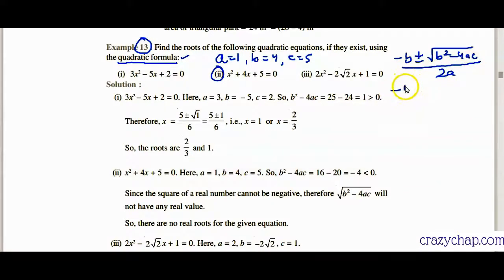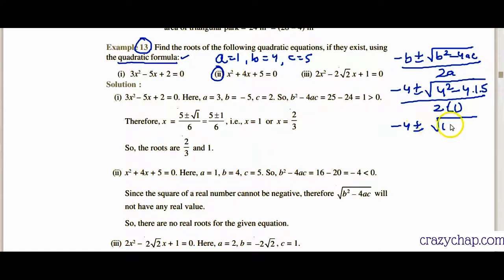So negative 4 plus minus square root of b square minus 4ac. So b square is 4 square minus 4 times 1 times 5 all over 2 times a, where a is 1, right? So we'll see minus 4 plus minus square root 60 all over 2,